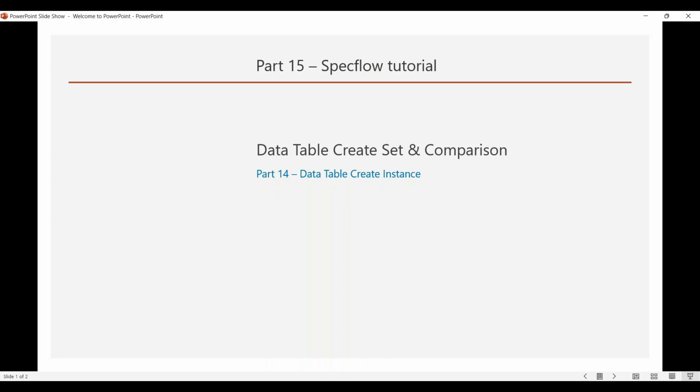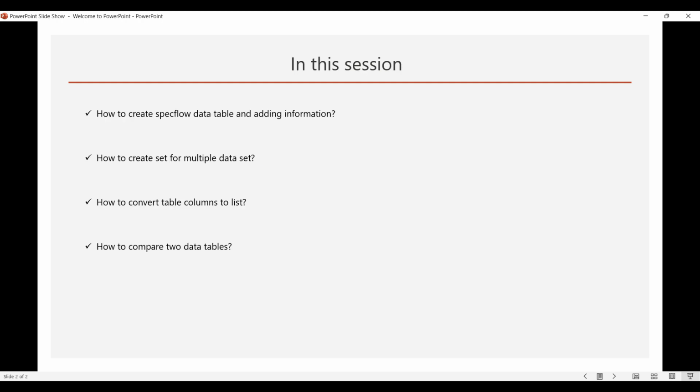Specflow tutorial part 15, data table, create set and comparison. In part 14, we learned about a data table create instance. So in this session, we are going to learn how to create a Specflow data table and add in information. We are also going to learn how to create a set for multiple data sets, and then